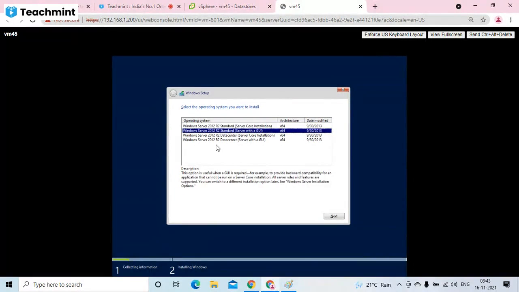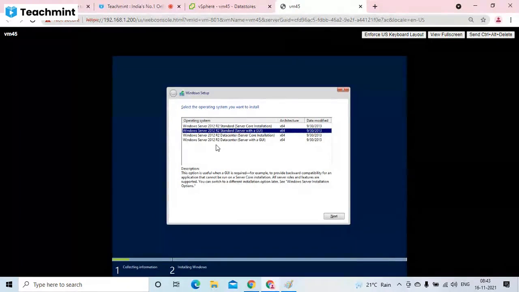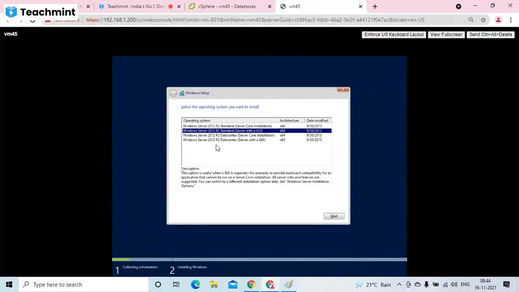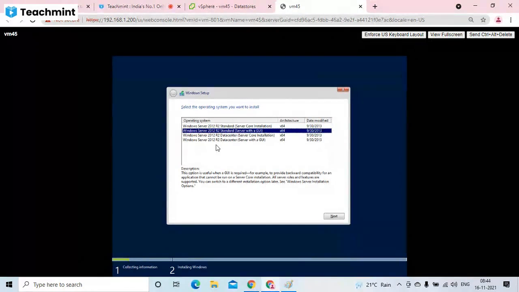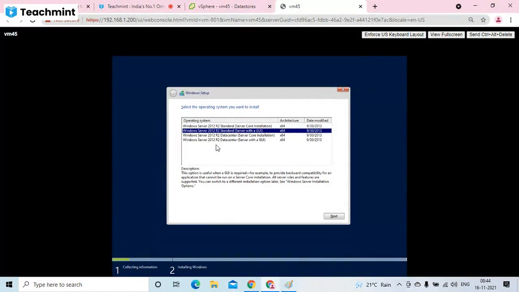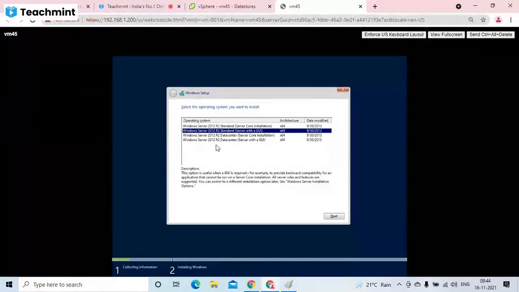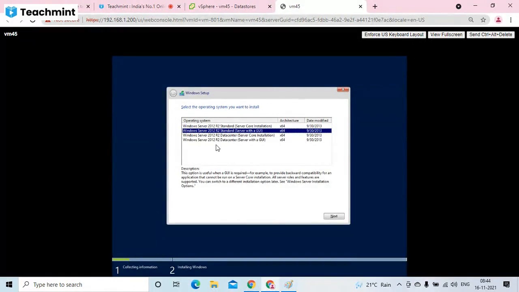So if you are installing Windows, always select GUI. Sometimes you will find it as Desktop Experience. Version to version, they will be changing these names. Server with the GUI, or Desktop Experience, something like that. Okay, and Standard versus Datacenter. That you need to check with the person who is requesting a VM. They need Windows 2012 Standard or Datacenter. Standard comes with the normal operating system. Datacenter comes with an extra license. Some applications will work with the Datacenter flavor only. That depends on the request of necessity. Standard or Datacenter, Server with GUI or Server Core.